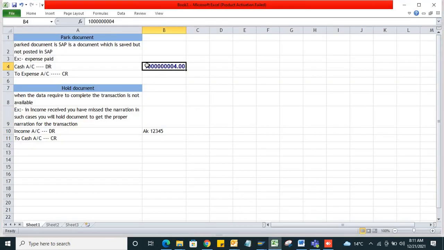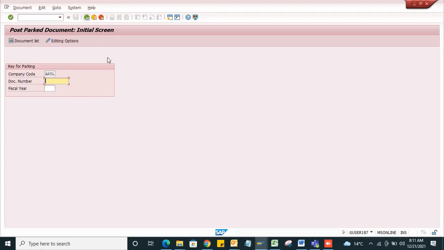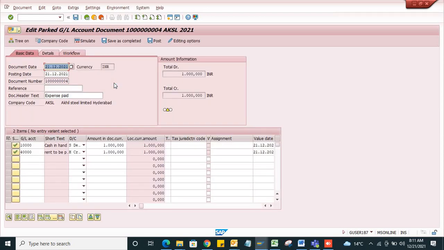This is my park document number. The fiscal year is 2021. See guys, this document is not yet posted.